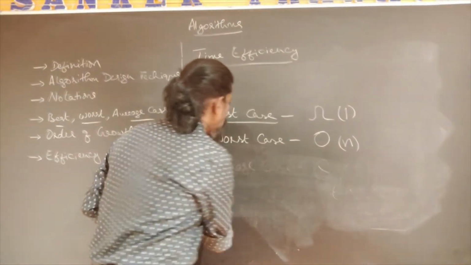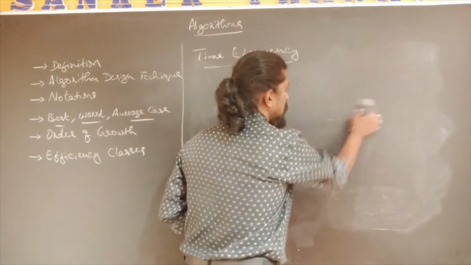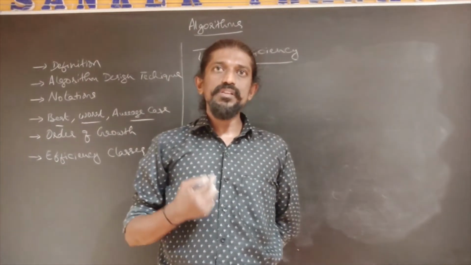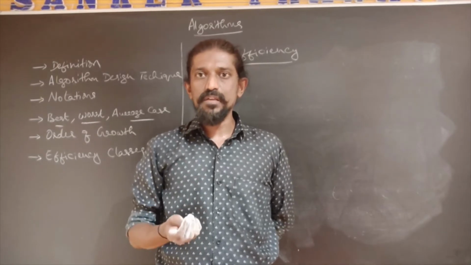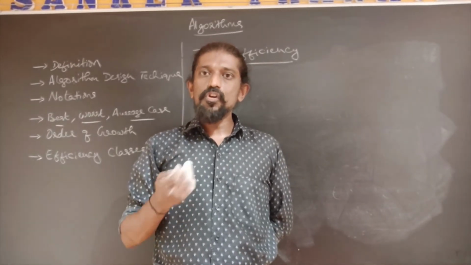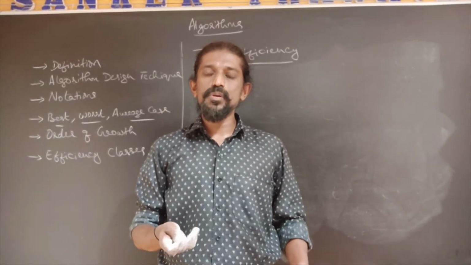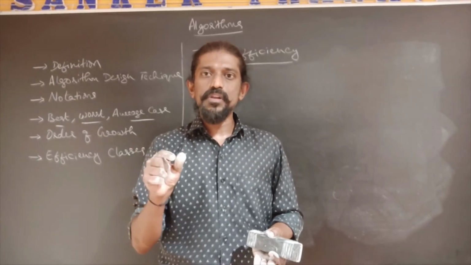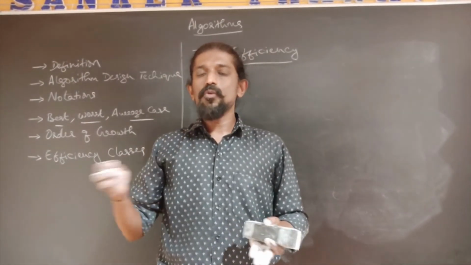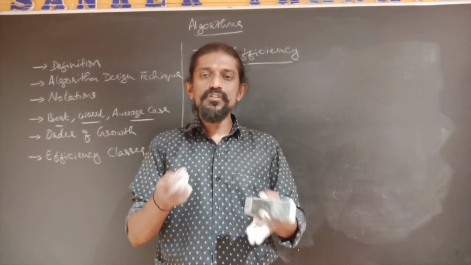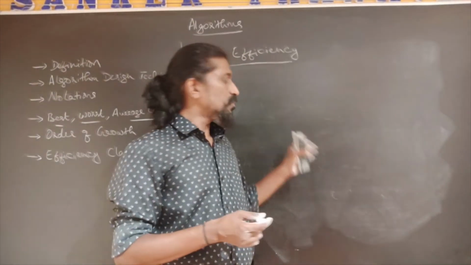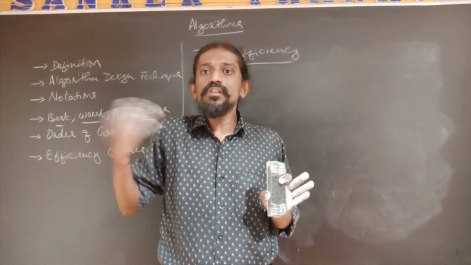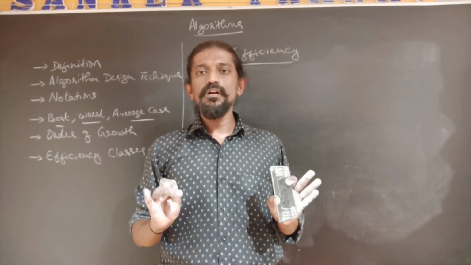So this is how we have to understand the best case, worst case and average case efficiencies. When we are analyzing an algorithm, the best case efficiency may not be useful for us most of the time, because generally the inputs to the problem will not be best case inputs. For linear search, we can't always have the key present at the first place whenever we are searching. Therefore, best case analysis most of the time may not be useful. It is the worst case that will be useful, because we are stating the maximum effort that you can put in to get the solution. More than that, you don't need to put in any effort to find the solution.